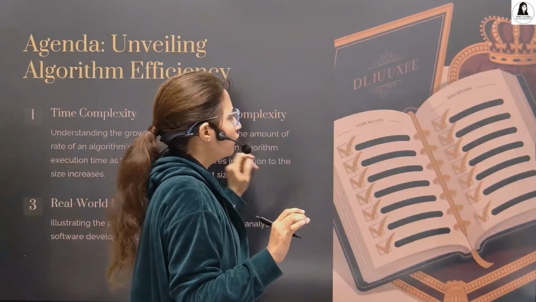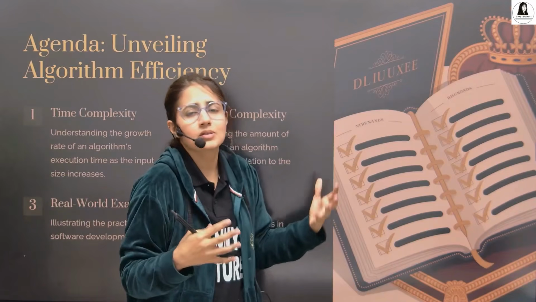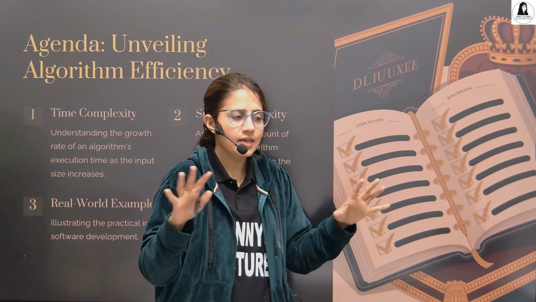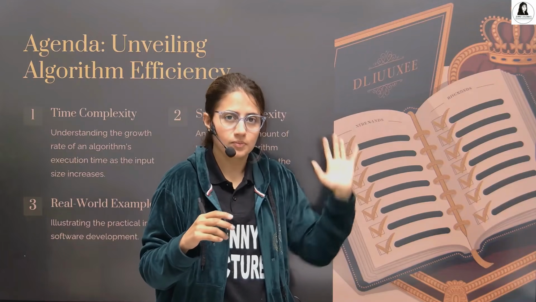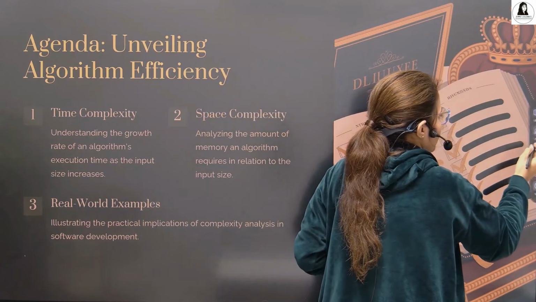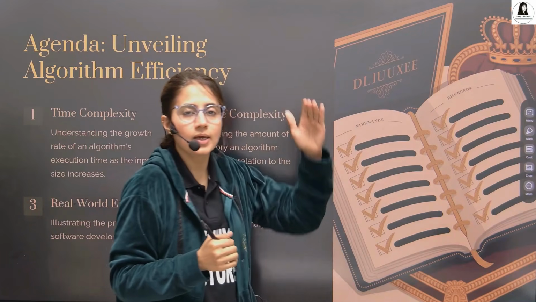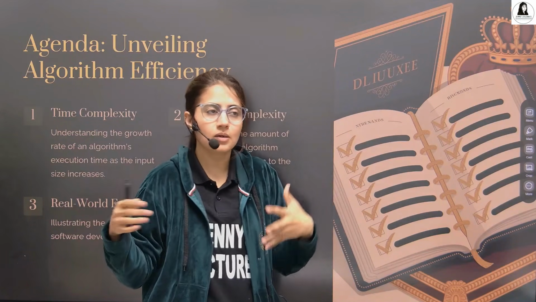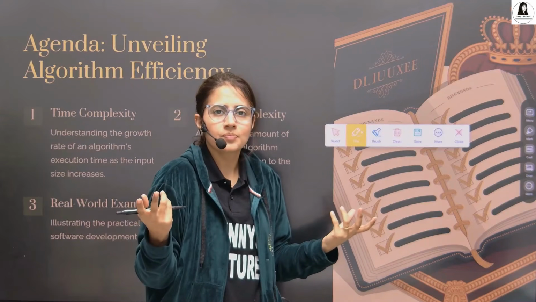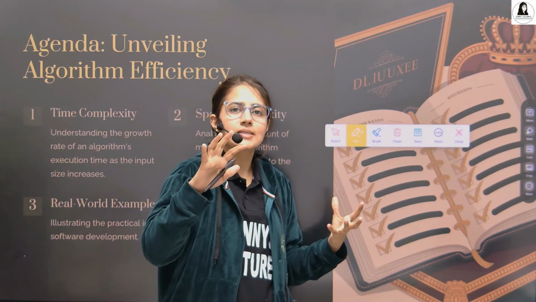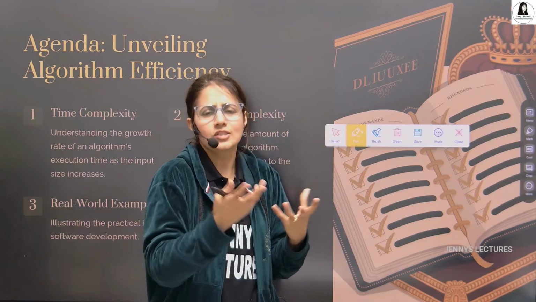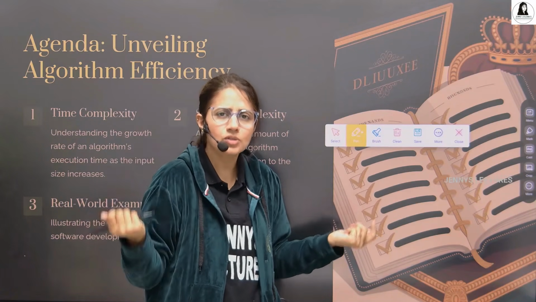Now see, I have told you why we need this analysis first of all. I've told you there are so many algorithms. There can be many ways to solve a problem. That is for sure. Because if you go from one location to another location, there are many ways. You can go by air, by bus, by train, by bicycle, by your own vehicle. There are so many ways. So which way will you opt for? Which is efficient for you? You analyze something and based on that you decide.